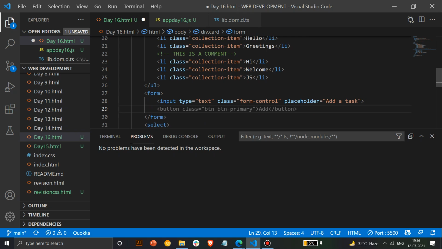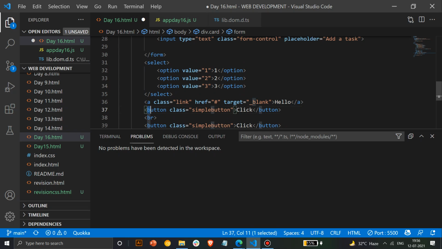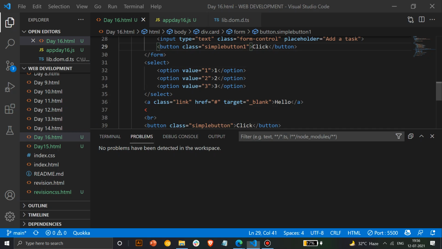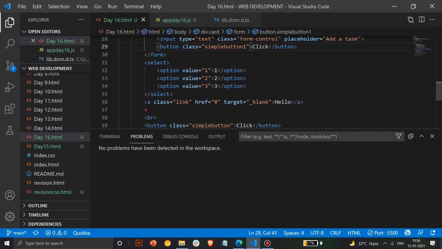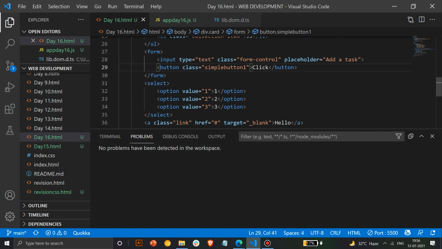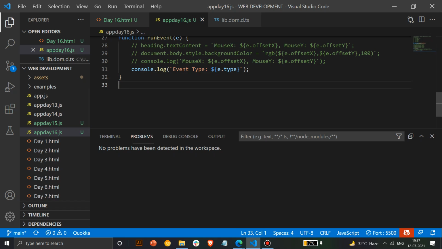Okay, and we don't need a button, so we'll add this button inside it only. Change the class name to something like this. Okay, so this is a form tag. In this form tag, we can change a value, or we can remove this placeholder, add a task, using HTML CSS. If you have to delete the text inside the placeholder, how can we do it?